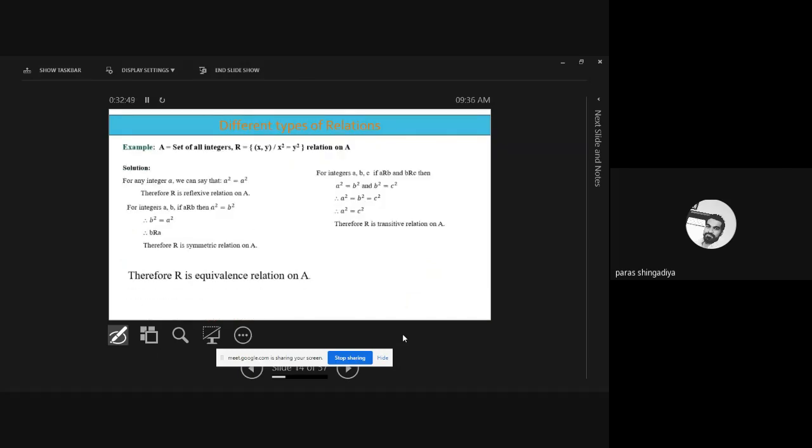Okay, now what about the third one? The relation is set on the set of real line. The relation is x square is equal to y square. Okay, we have such pairs xy belongs to R. Okay, choice of xy is from real line. xy belongs to R if x square is equal to y square.